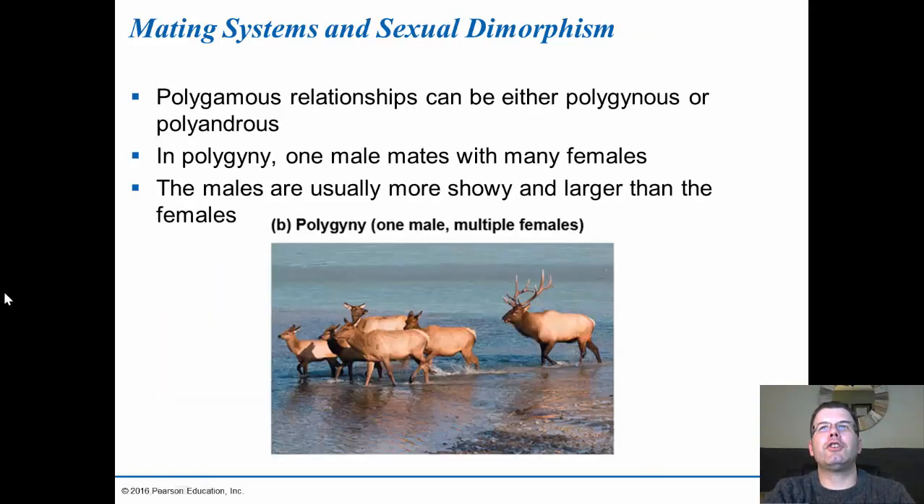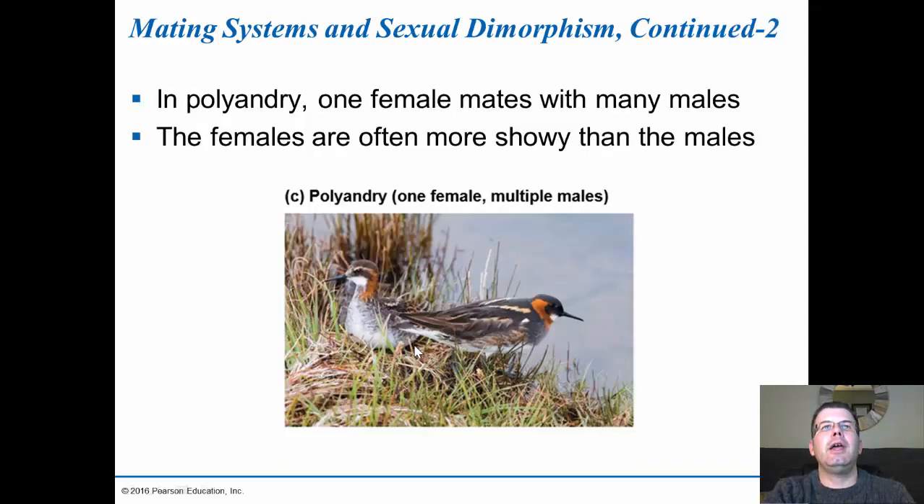Now, in polygamous relationships, they can be either polygynous or polyandrous. And so the difference is, again, in polygyny, one male mates with many females. And so males are usually more showy and larger than the females. So in a polygyny, you see a very large male with very large antlers with multiple females in this case. And that's called polygynous. Okay, in polyandry, now the female is more showy in this case, and so the female